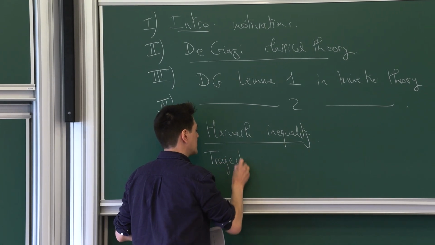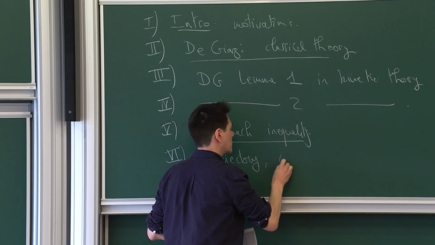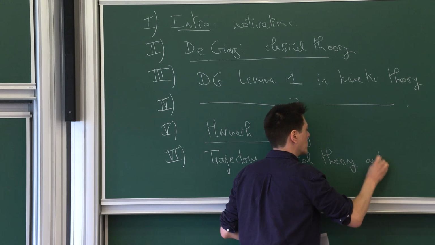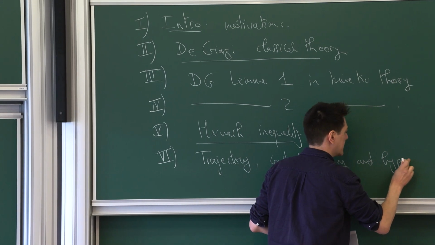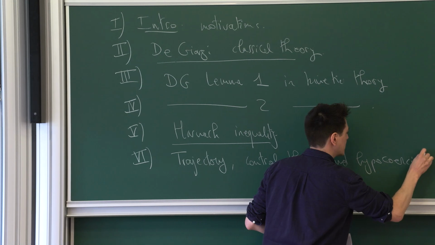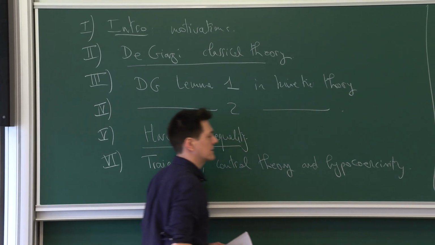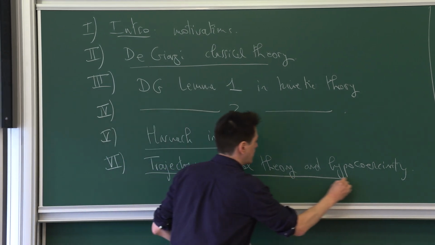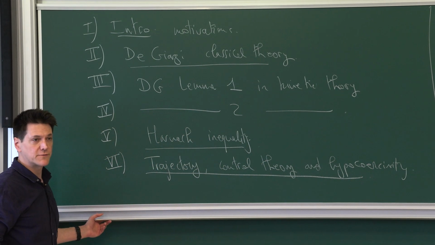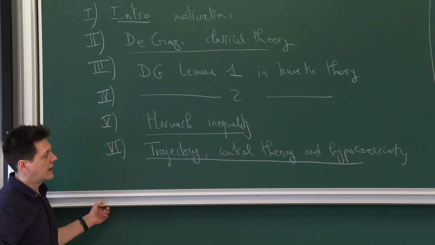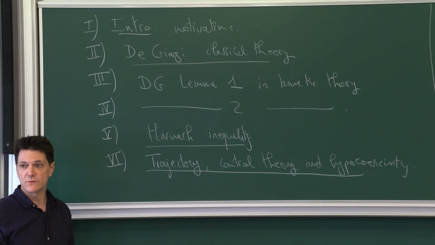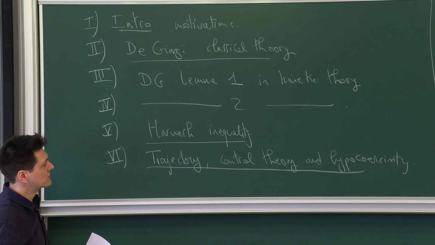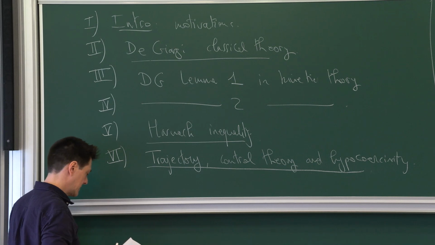trajectory control theory and hypocoercivity. It's not really mysterious why trajectories should be studied. That I will be able to explain in this class. Because for those of you who know already, Hörmander theory is a theory about commutators between vector fields. And one way to understand how they commute is to build trajectories using all of them to connect any 2 points. So you can reframe the commutator condition of Hörmander as a problem of constructing certain trajectories.